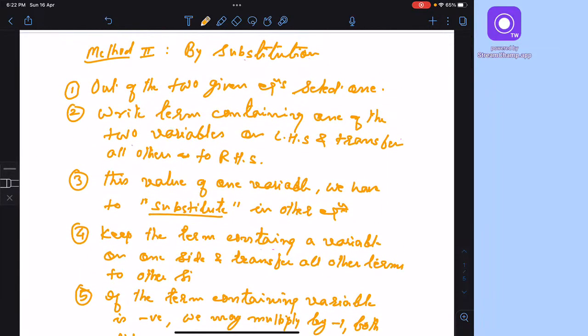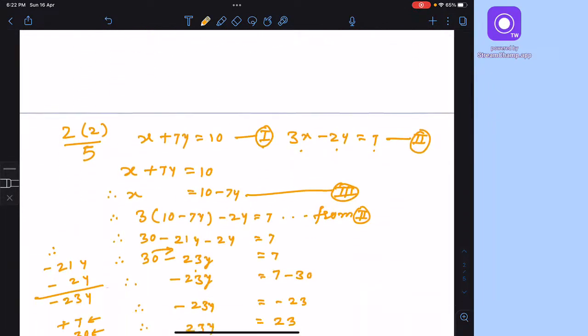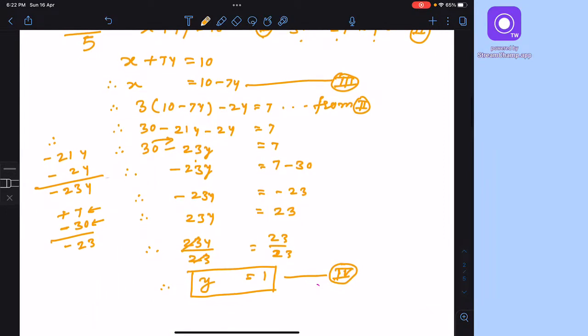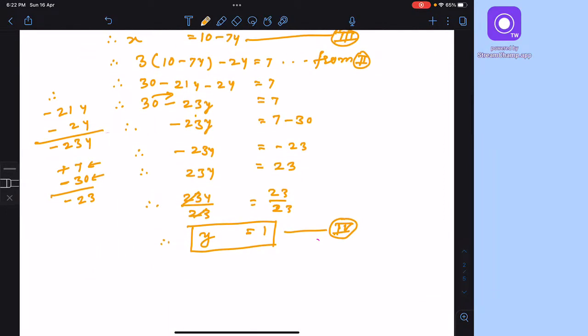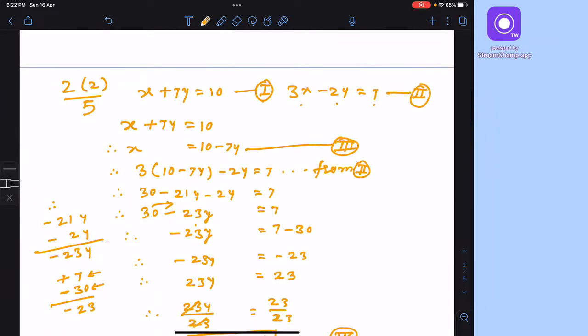Here, out of the two given equations, select one. Write terms containing one of the two variables on LHS and transfer all others on RHS. This value of one variable we have to substitute in the other equation. So here we have to substitute this. So this value y is equal to 1, we have to substitute. We can substitute in any equation, but it is advisable to substitute in 3 because here x is directly obtained,